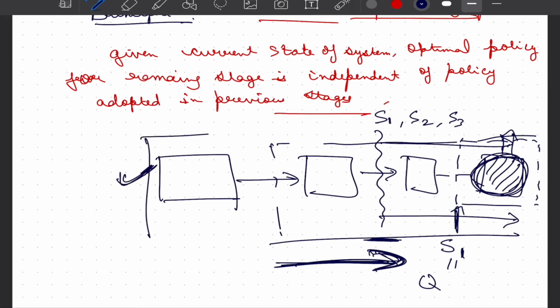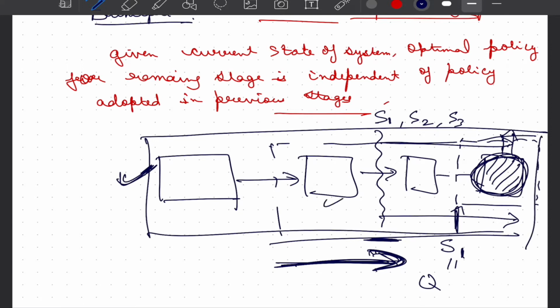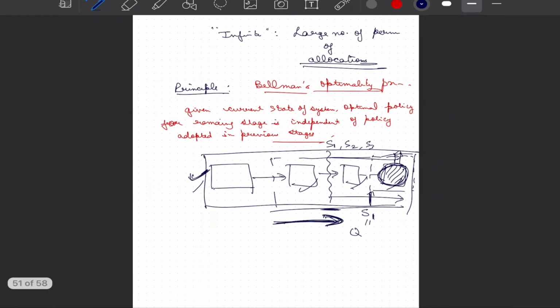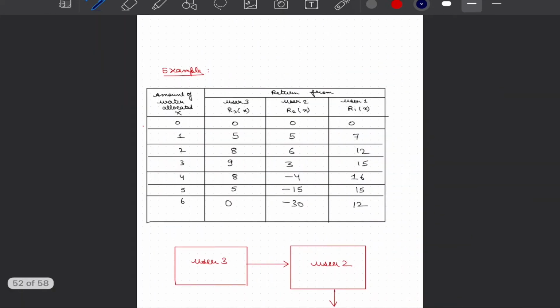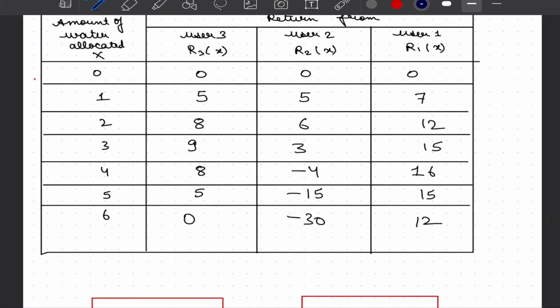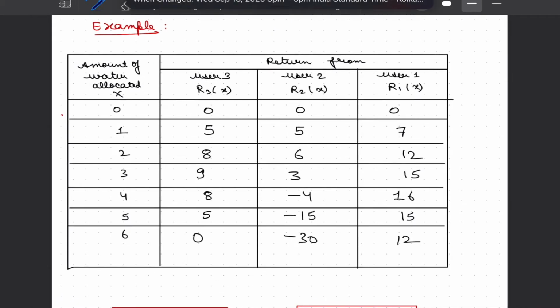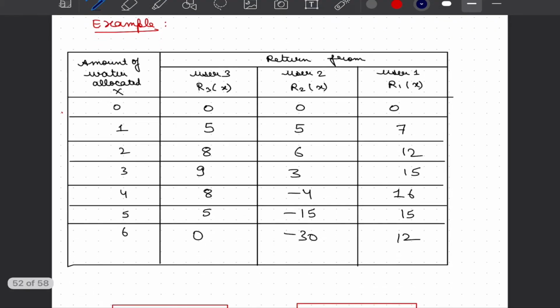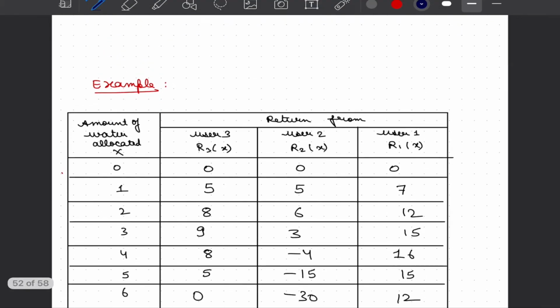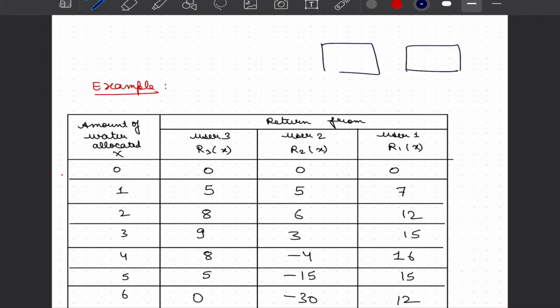Now that means as we keep on moving backward, we only have to look forward and account for all the blocks and come up with the solution that gives us the maximum return, accounting for everything in the forward direction. So when we reach the first block, we already have the solution of the downstream blocks, and when we add them together, we quickly identify the optimality. This will become even clearer when we go through an example that I also discussed in class.